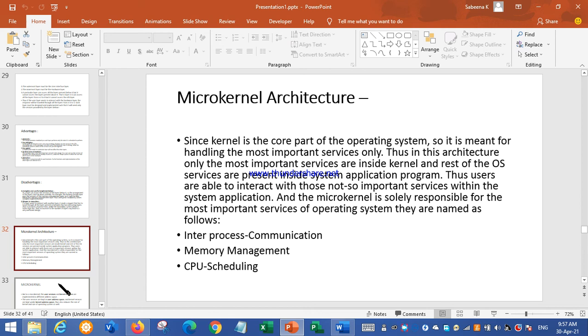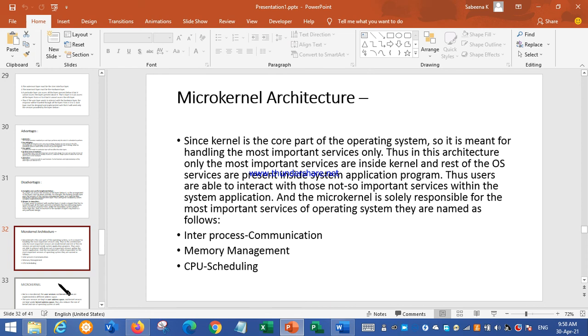Users are able to interact with those less important services within the system application programs. The microkernel has mainly three functionalities implemented: interprocess communication, memory management and CPU scheduling. These three core functions of the operating system are in the kernel part.